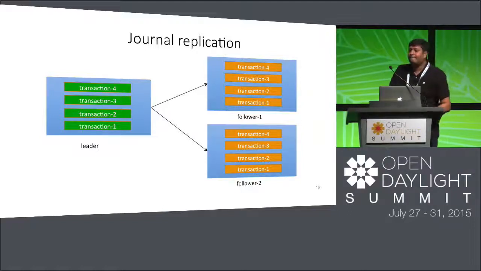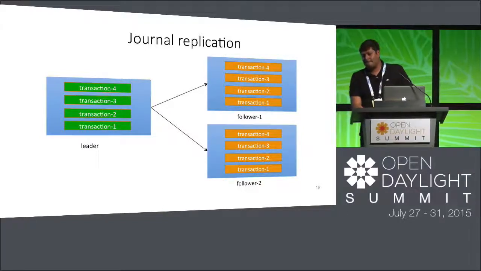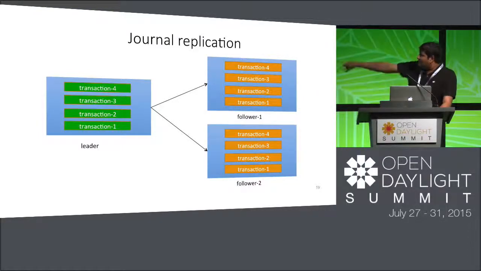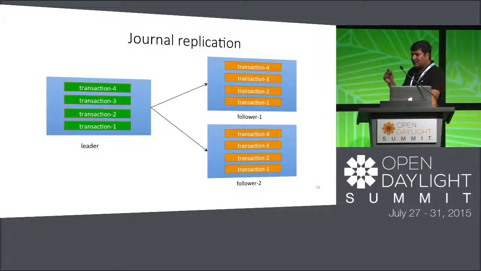So if the leader dies and only follower 2 has the transaction, what happens then? If the leader dies and only follower 2 has the transaction, then follower 2 will actually become the leader. What if it doesn't become a leader? It will become the leader because with Raft, there is this election property where, even if follower 1 became a candidate before follower 2, it will request a vote from follower 2,